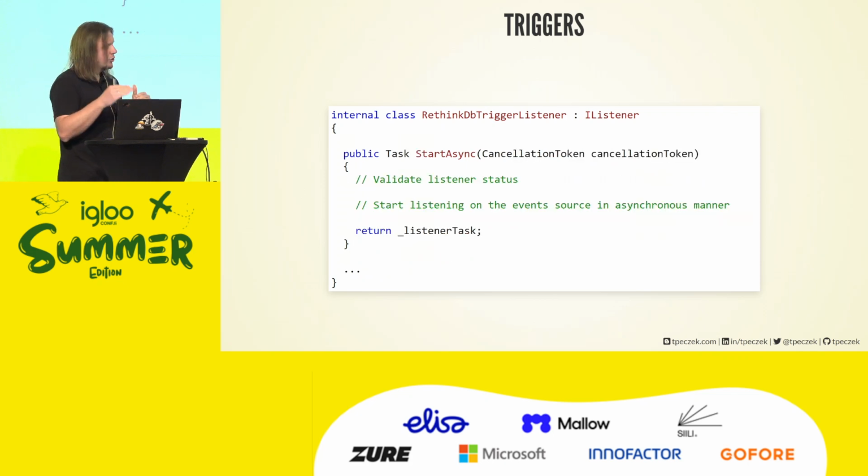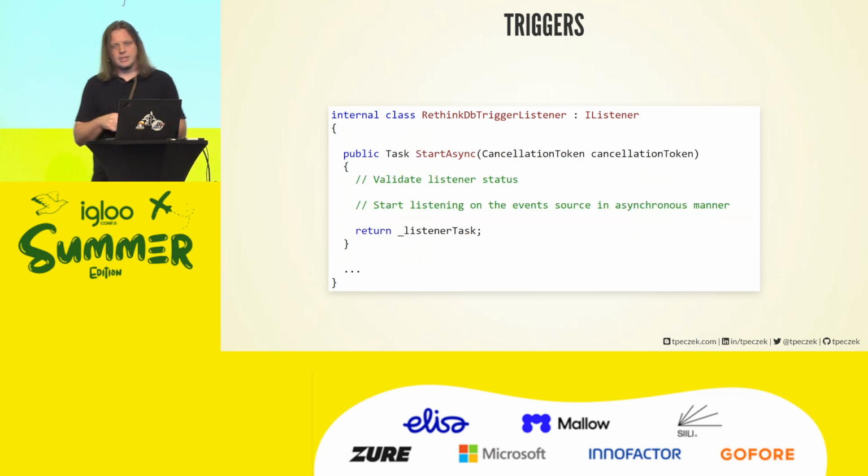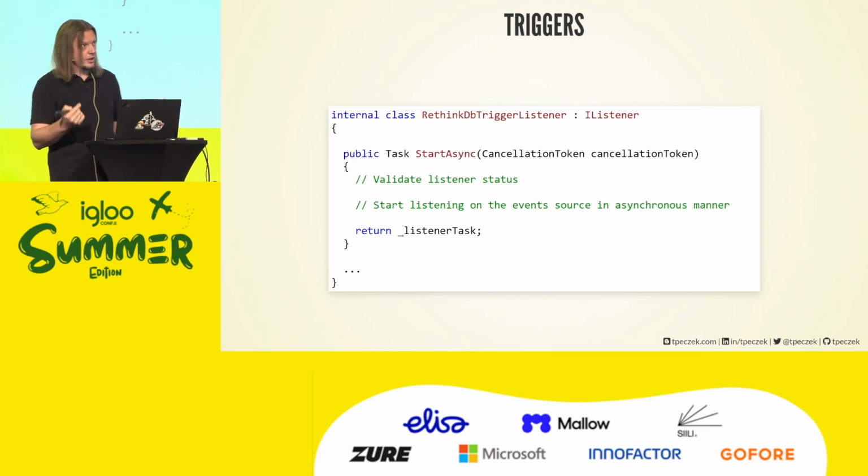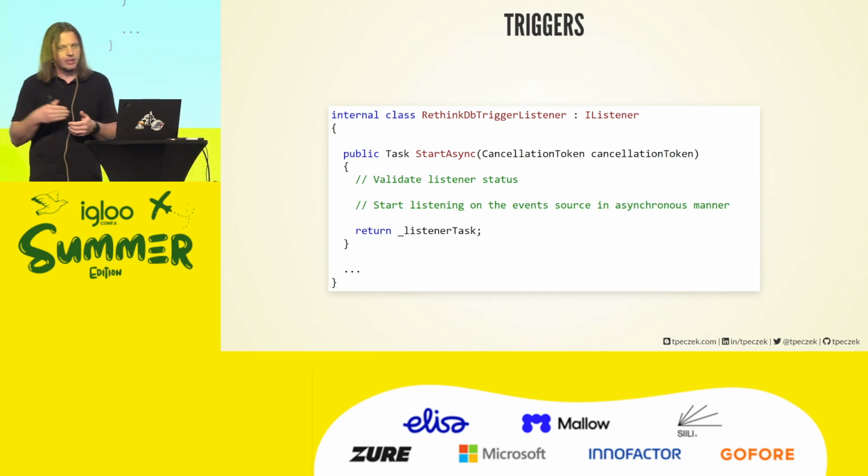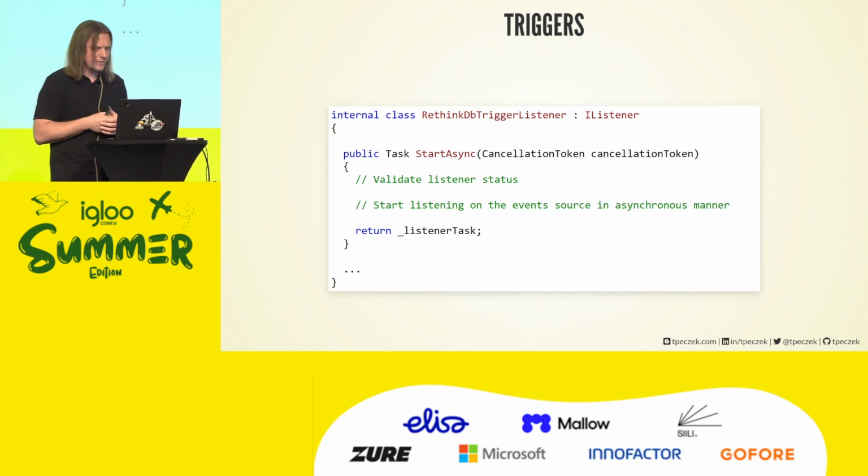It will contain usually two blocks of logic. The first block will be the state management, because we are talking Azure Functions, highly parallel environment, a little bit fragile. Things can happen. Those lifecycle methods can get called multiple times. So you will always find in all of them some state management to protect from being called multiple times, because if they wouldn't, bad things would happen. Something as mild as just wasting resources for having multiple connections, or something as serious as executing functions multiple times for the same data.